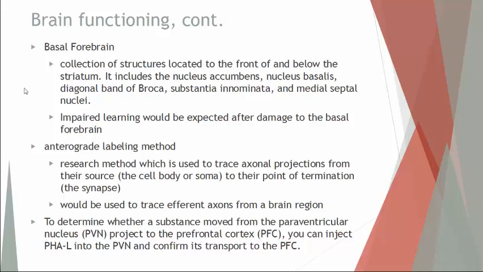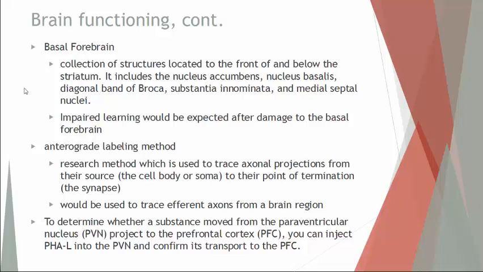One method is called anterograde labeling. And what you do here is, as we mentioned before, when a neurotransmitter diffuses from an axon to a target cell or to a target tissue, they diffuse across a space, the synaptic cleft. But what you can do is you can add a compound to axons to watch the neurotransmitters diffuse across, basically tagging certain axons and tagging certain neurotransmitters so you can follow them. A very crude way to think about this is adding food coloring in a bucket or a container of water. As it spreads out, you can follow the color advance. So that's what you're doing here.